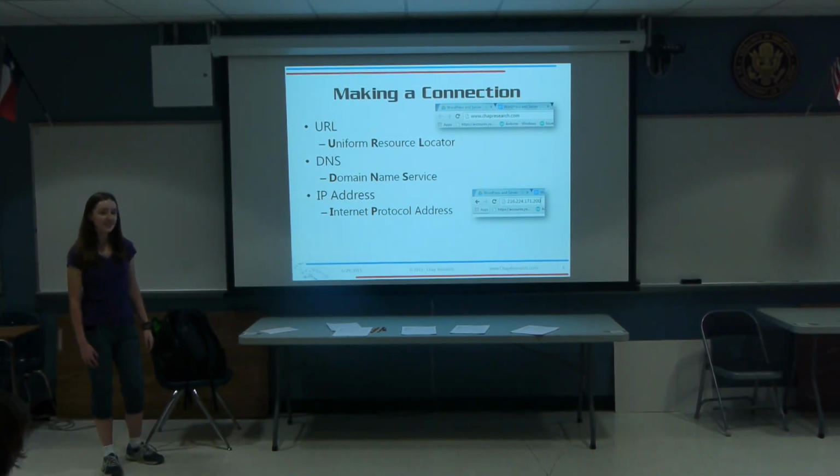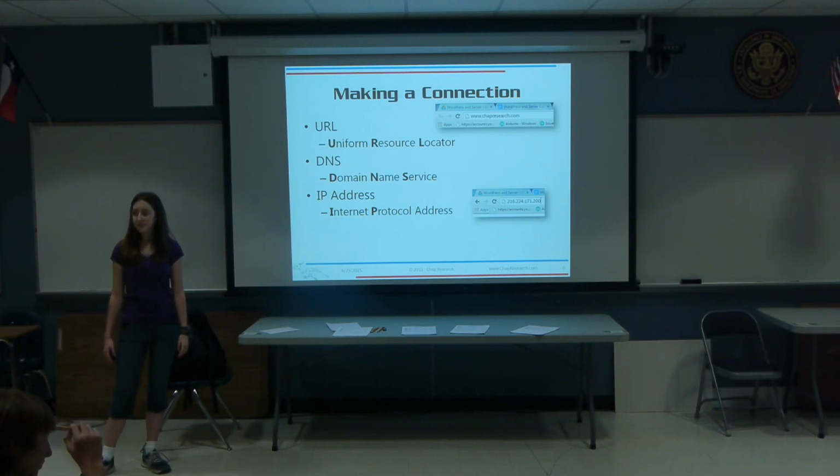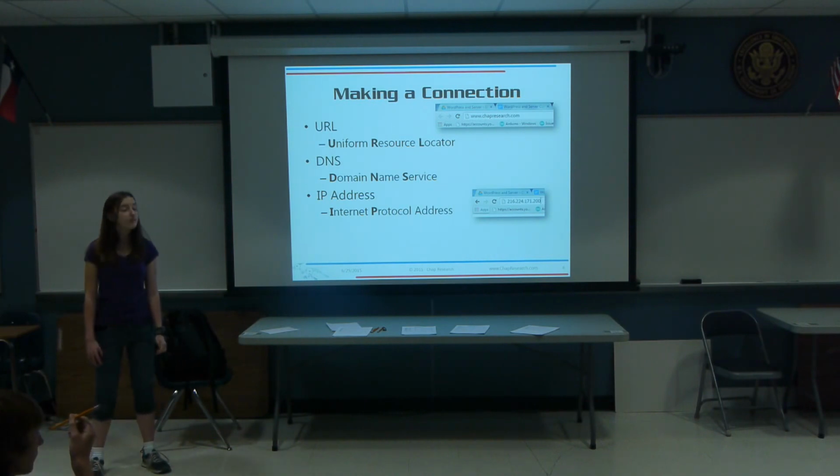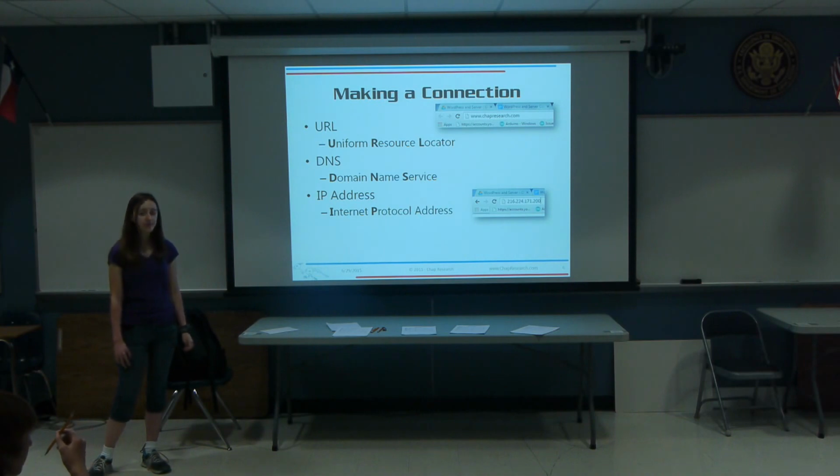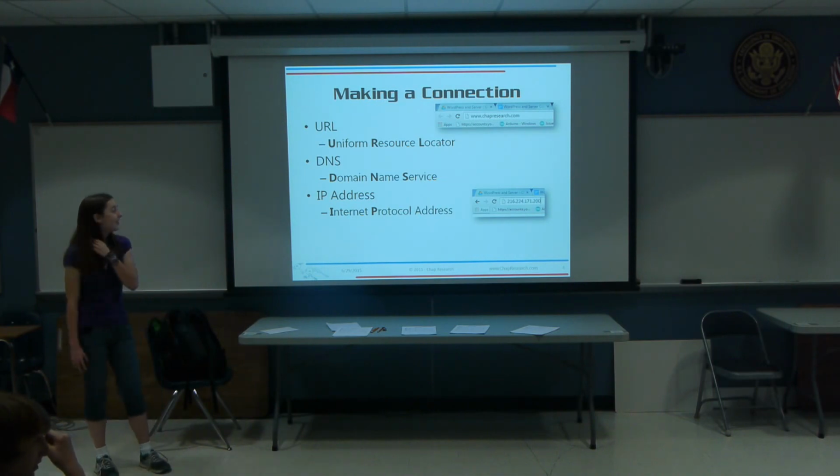About memorizing, that IP address can change. And it has, actually. It's changed once in history for chapresearch.com. And that's the whole point of URLs, is that you have names as opposed to numbers, and then the numbers can magically change and you just don't care. So don't memorize that, because we'll change it just to make it hard on you.